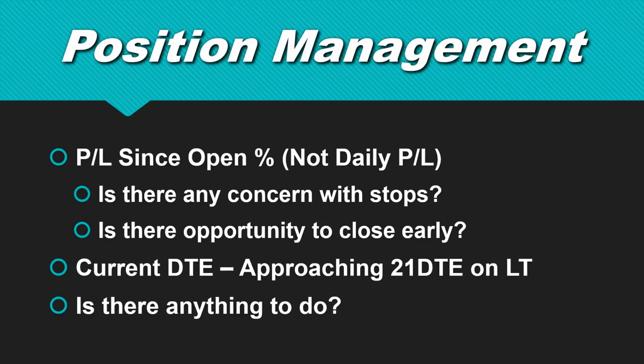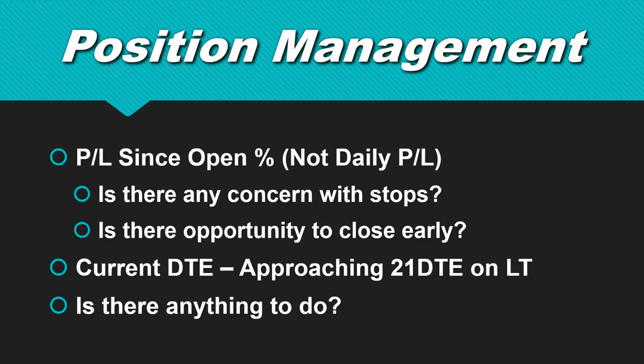Is that an area where I have a concern about a stop approaching, or is there an opportunity to close it early? If it's at 80, 90%, and I normally let it expire, how many days in the trade is it? Is it worth taking off early? If a trade strategy of mine is to close at 50%, and I'm already at 40% in half the time that I anticipated,